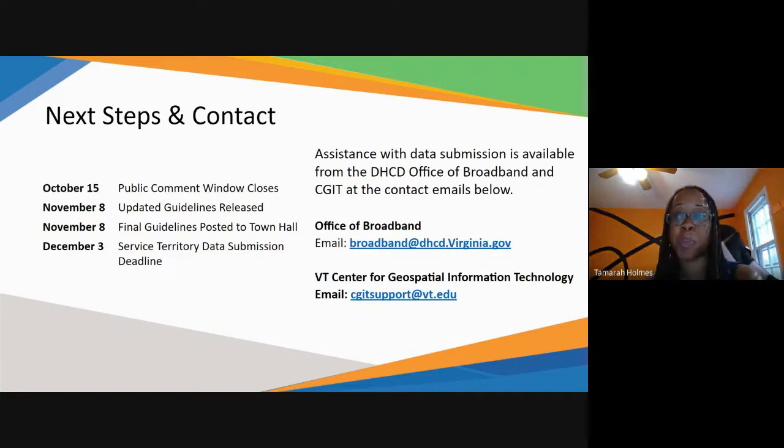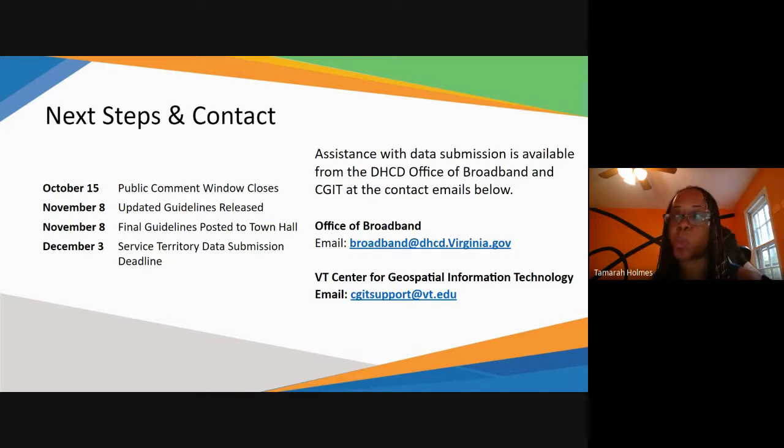And then I just want to point out, Catherine, because you do work with municipalities, how is the data going to be useful for municipalities as they think about coming in for funding from NTIA, or, depending on what happens with the infrastructure bill, additional money that localities can tap into for broadband expansion. One of the benefits is that DHCD is the sponsor of the map, and while we won't be able to publicly share the location-based data, we can internally utilize that data to provide technical assistance to localities as they're developing universal broadband plans.